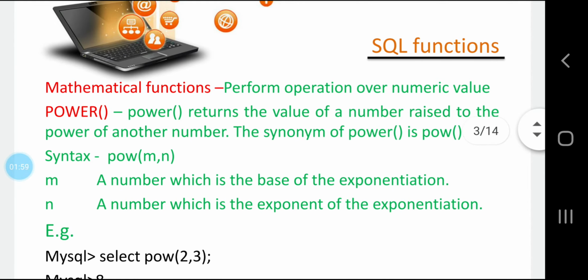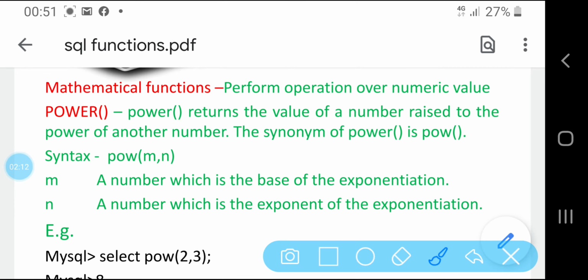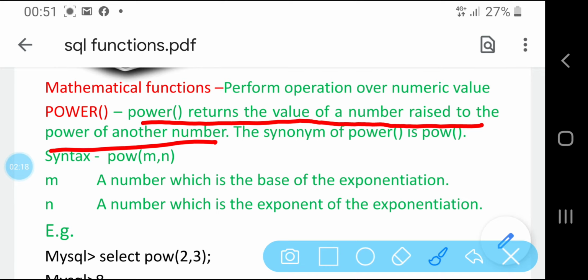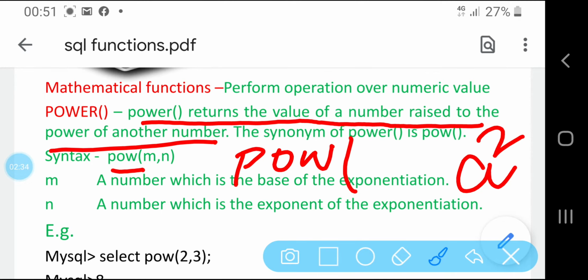Now let's start with the mathematical functions. Mathematical functions perform operations over numeric values. The very first is the power function. The power function will return the value of a number raised to the power of another number. It will simply work like a square. You will write the function as POW, for example POW a comma 2.